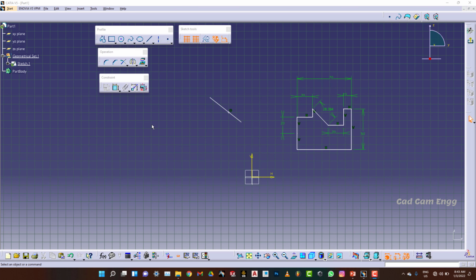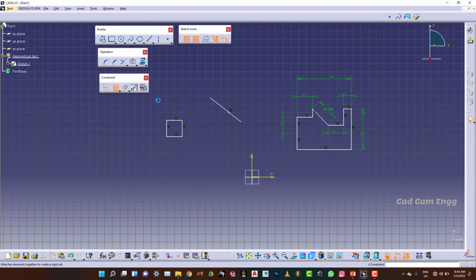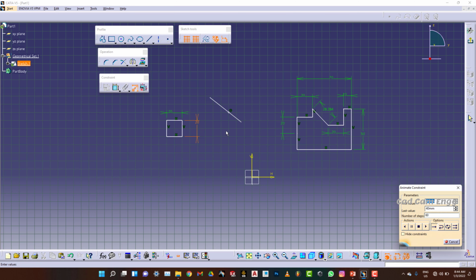My next tool is animate constraint. If you want to animate, suppose I'm giving a 2 by 2 rectangle here, and then I'm giving constraints like this. Then here I'm selecting animate constraint, and I'm selecting the height.